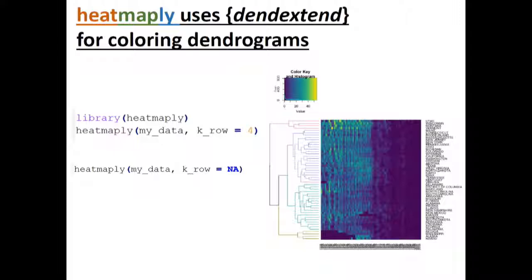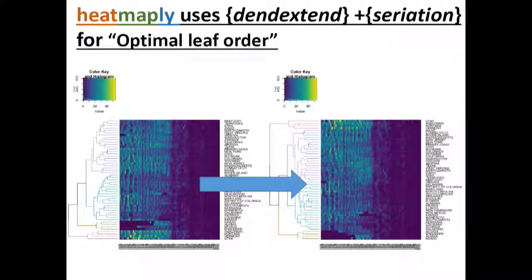So you can, for example, explicitly state it by using k_row equal 4 and get the 4 distinct clusters in your heat map, or use NA, in which case the number of clusters is chosen automatically by something I just forgot. Another package I work with is seriation, which rotates the dendrograms to reach optimal leaf order,